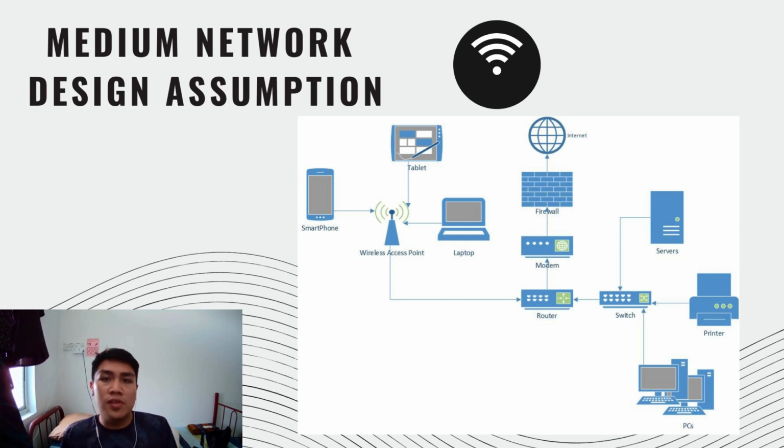is servers, a printer, and multiple computers, because it's stated in the question. There are 30 computers, if I'm not mistaken, and then network printers to print stuff. And then also file servers, or is it data servers, if I'm not mistaken. Okay, and then also, as usual, a wireless access point because this is standard nowadays. We have to have Wi-Fi in order to connect our phones, as I mentioned earlier. And for the wireless access point, what we wanted is for it to be secure and require authorization so that only students or staff can use it. Okay, that's it for the medium network design assumption.